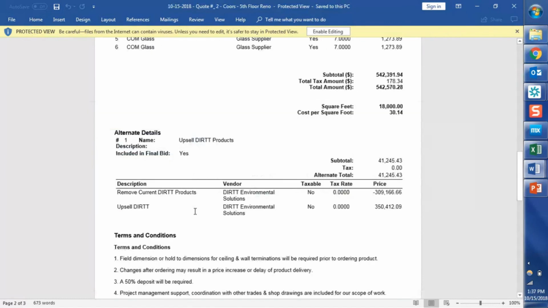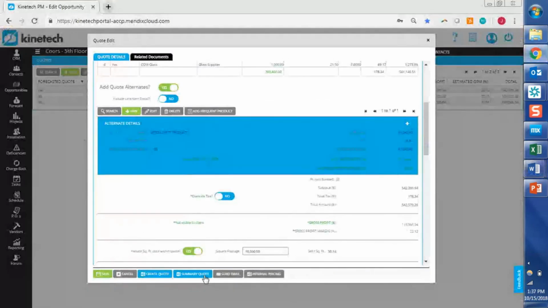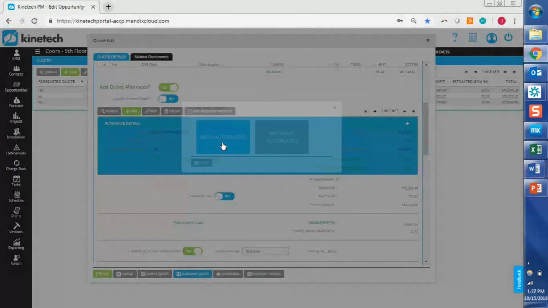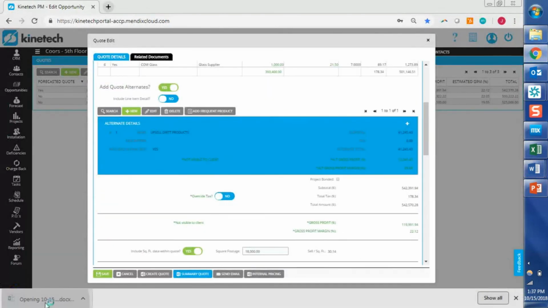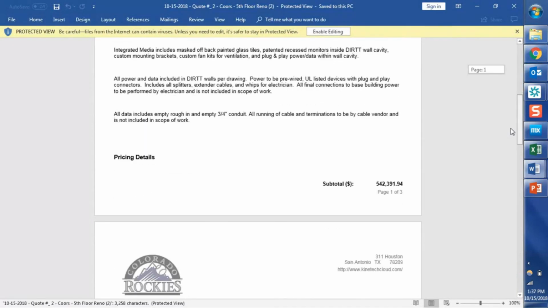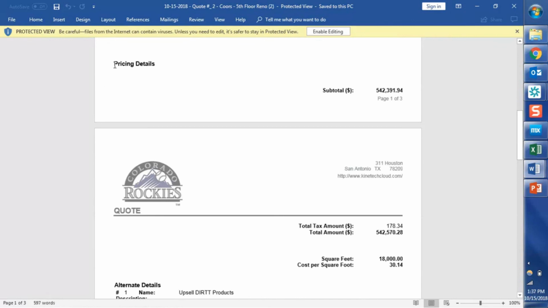So the other quote document here is we've got a summary quote. It's going to ask us with or without alternates. We'll do it with the alternates here. The big difference between the summary quote and the regular quote is just what it has for the terms of the line item. So this is only going to show you just your subtotal, your tax, and your total,